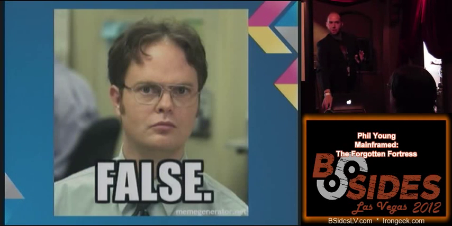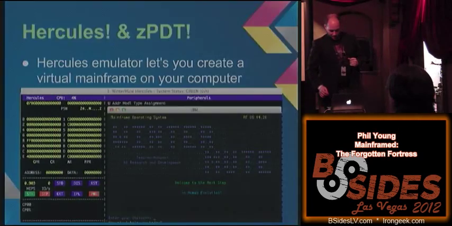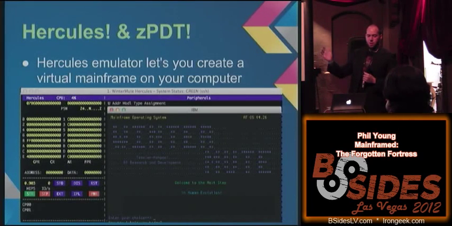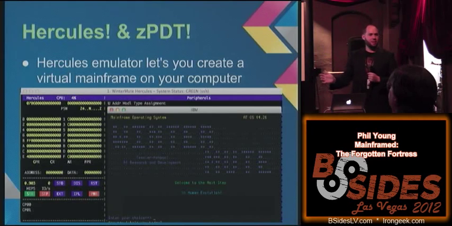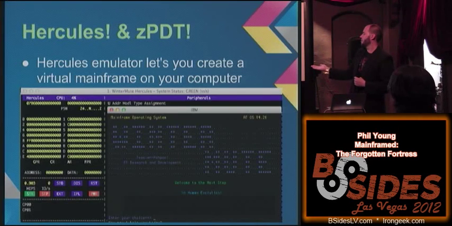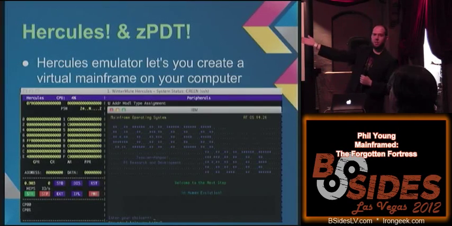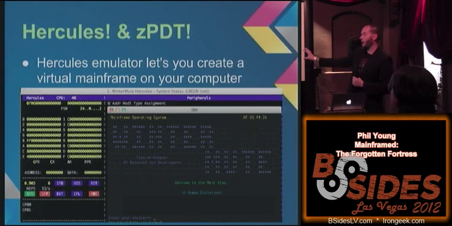That's not true. I'll step down because I want to fall over. So you can emulate the z/OS mainframe in Hercules, and IBM actually has a product that does the exact same thing. This is me running, I just like to play around. This is me emulating OS/360 in Hercules. That's Hercules in the background, and in the foreground is a 3270 emulator that connects. You have no idea how hard it was to change that from the normal one.